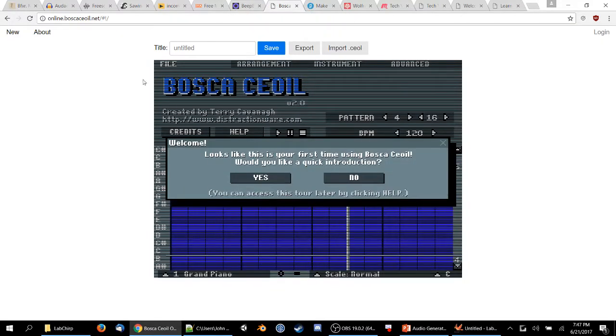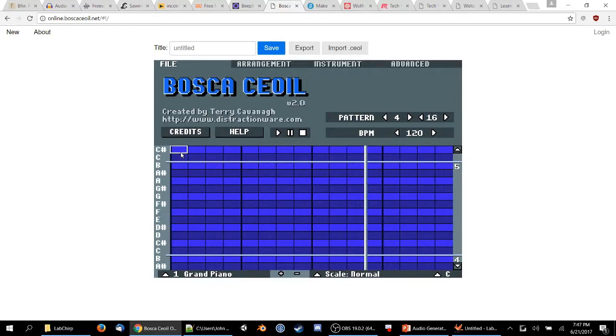So it's kind of similar if you're familiar with, was it Bosca Ceoil? No, I did that. So, quick introduction. It's a similar idea. You can have multiple layers, and it loops.